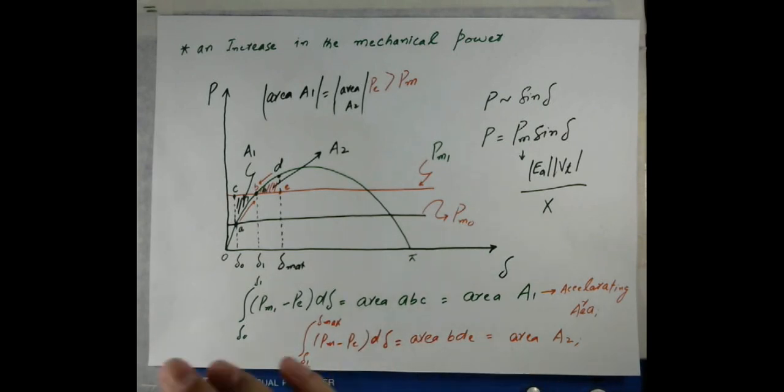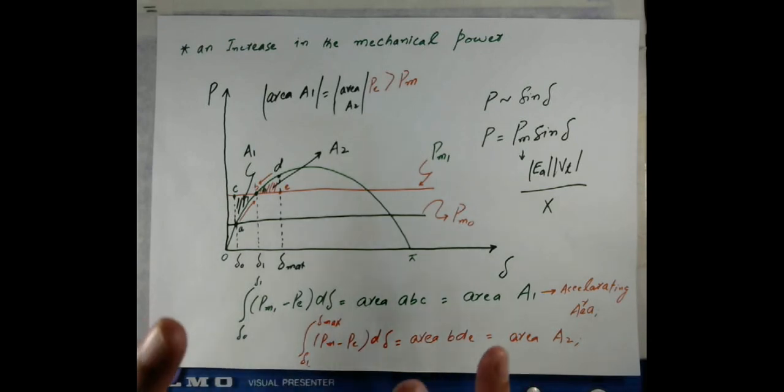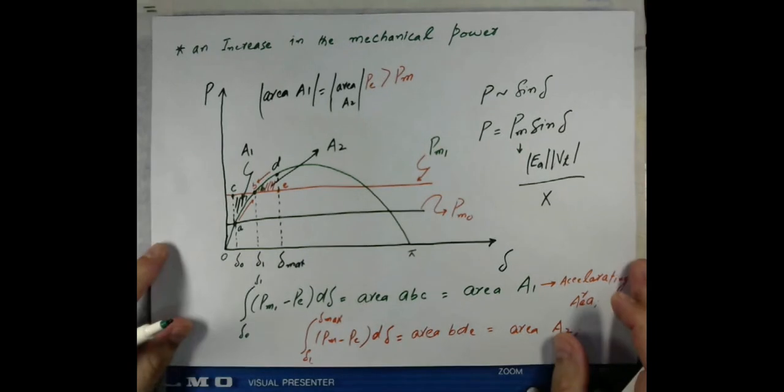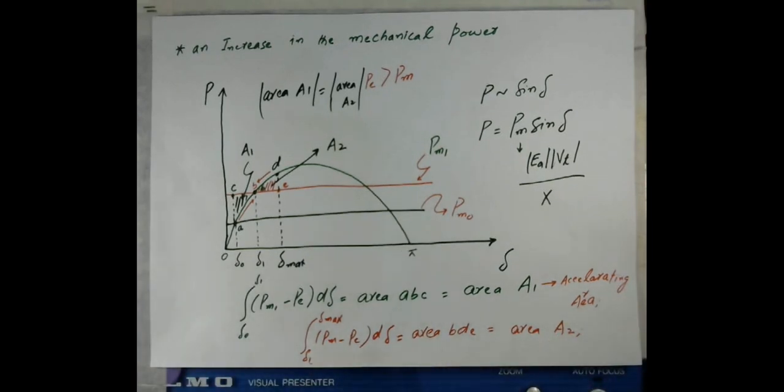So in the stability, we consider two types of disturbances, because as I discussed, for an interconnected system, the machines must remain in synchronism. And as you know, any sort of disturbance can appear in the system. So then we divide the disturbances into two types. One we call small disturbances, the other we call large disturbances.